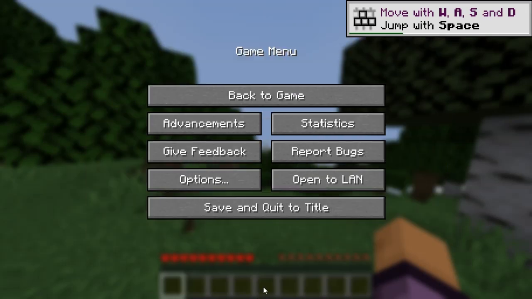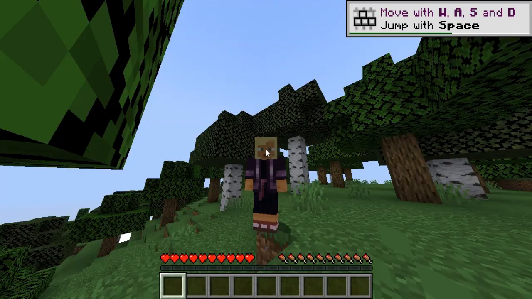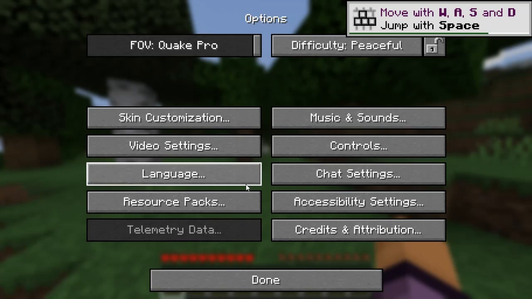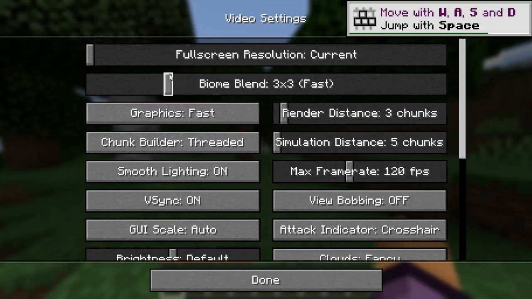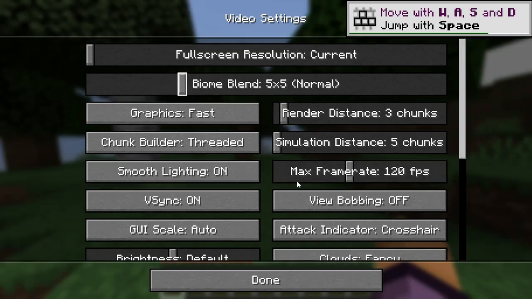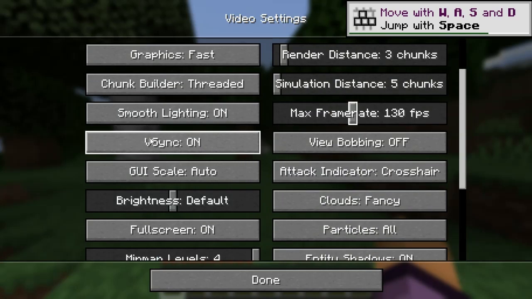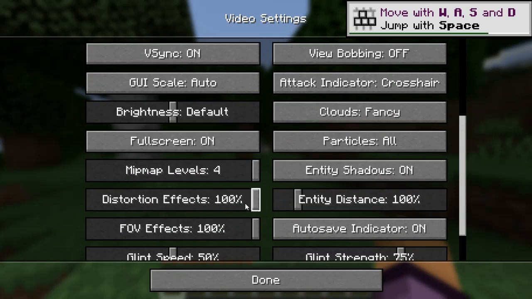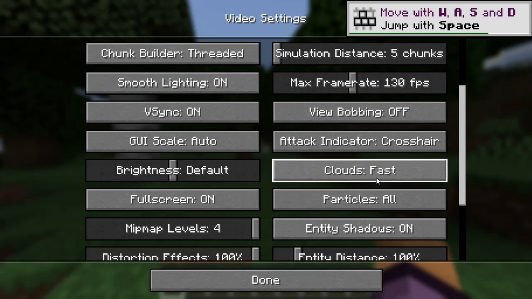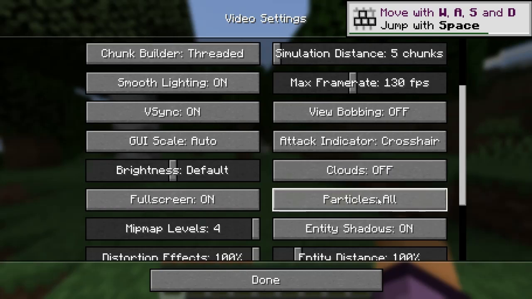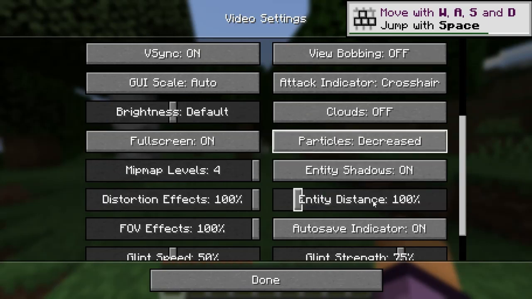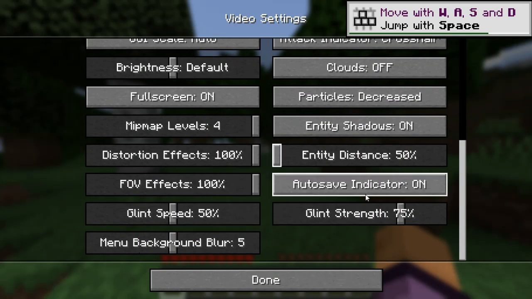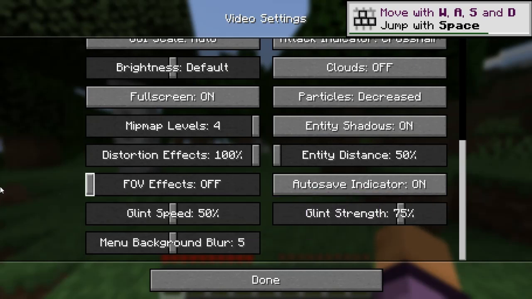So I'm just gonna set my FOV to this. So guys, let me just optimize this. These are some settings, I think, that are good for your game, so that you can get more FPS.